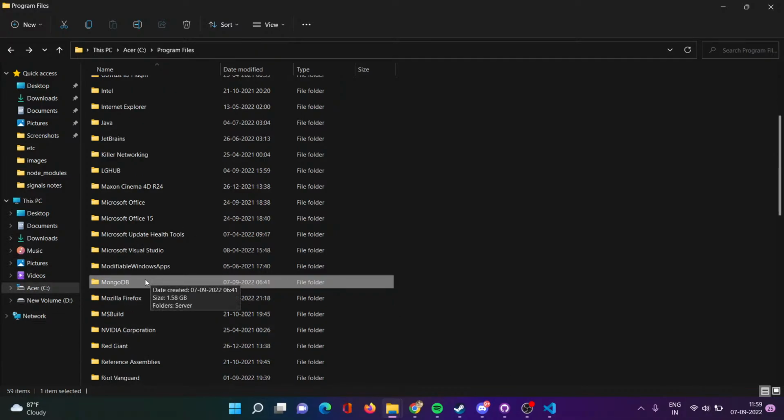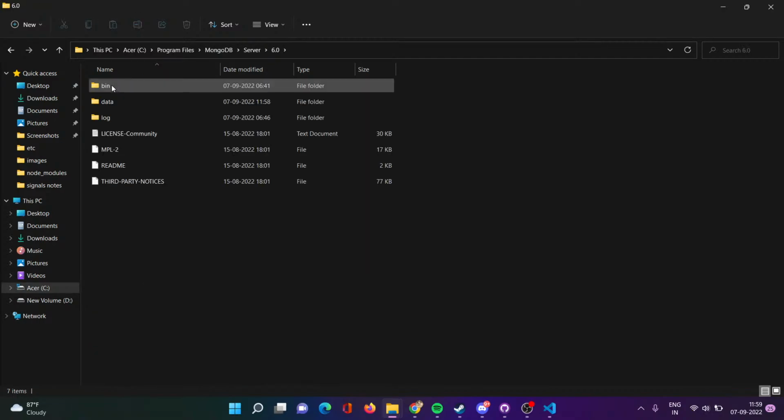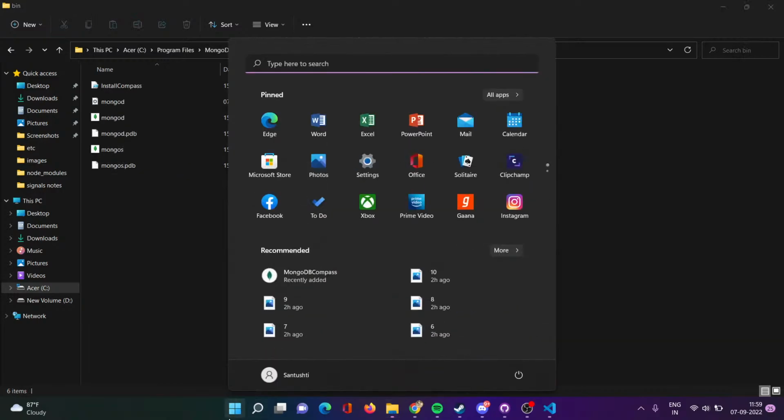So you just have to open it, then go to server, then 6.0, then bin, and next what you have to do is